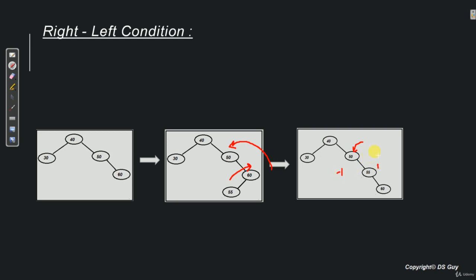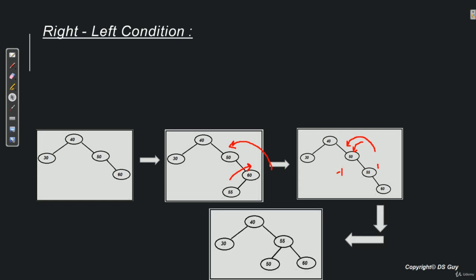So what do we have to do? We have to now do a left rotation. So after the left rotation, this is how the tree will look. So 50 came down, 55 is promoted up and 60 is also promoted up. Now you see that after the left rotation, the tree is height balanced. So for 55 left height is 0, right is 0, we are good. For this one, the left height is 0, right height is 1, difference is 1, so we are good. So this is how we do a right left rotation.